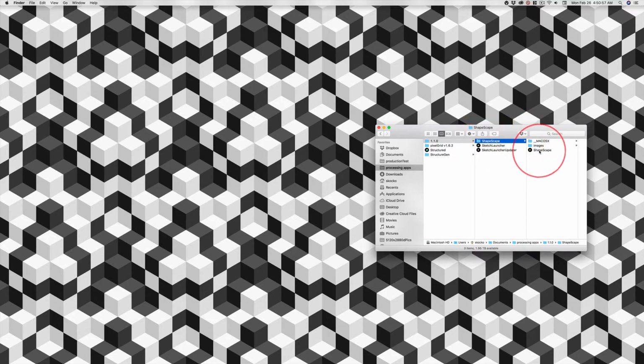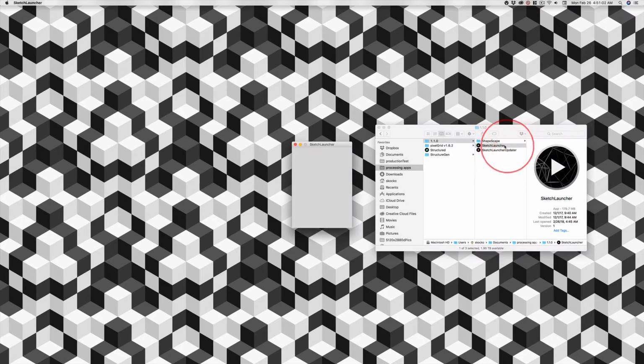Inside Shapescape, hey, there's Shapescape, I'll launch it. No. You launch everything and install and update everything through Sketch Launcher. When you launch it, it's checking for updates. It's looking out on the web to make sure you've got the latest versions. Notice this says launch. These two say install. If it says update, then you would update before you launch. So this is how you get into these. And then as far as the advanced controls go,